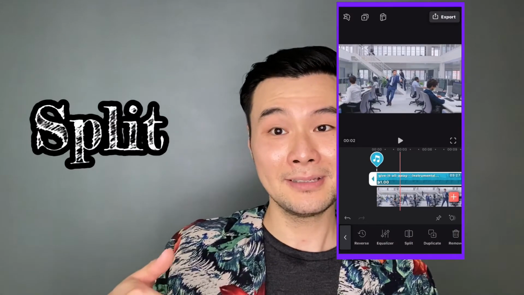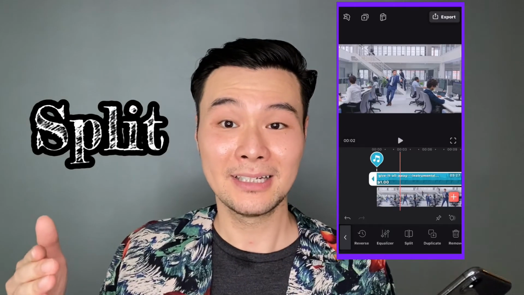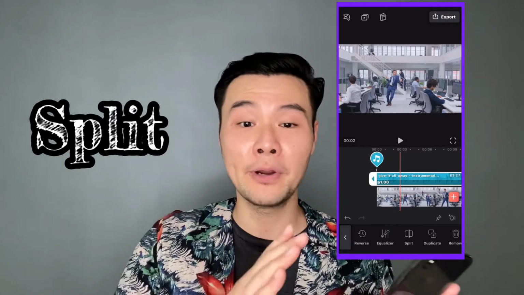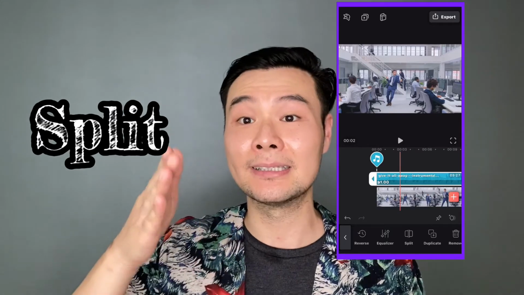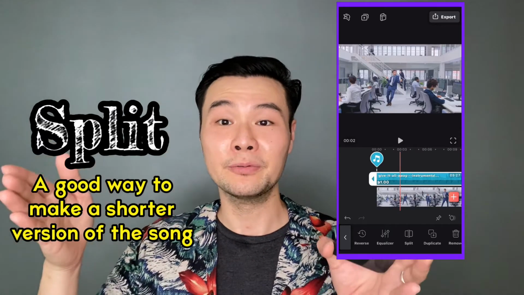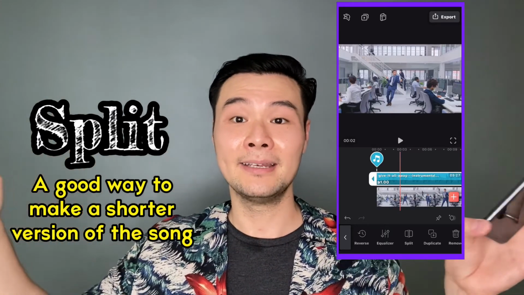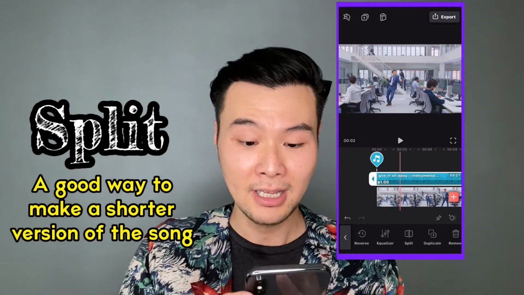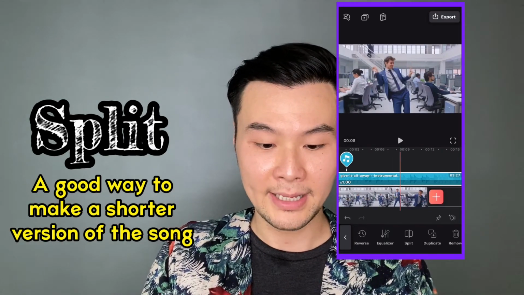Also, you can actually split the music. I only do this if you know how to count beats. If you know how to count beats, you know where to split the music. You can remove the middle part of the music and then connect the two ends together. You can do it like